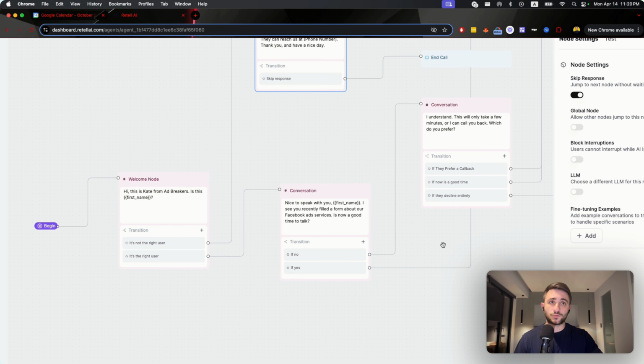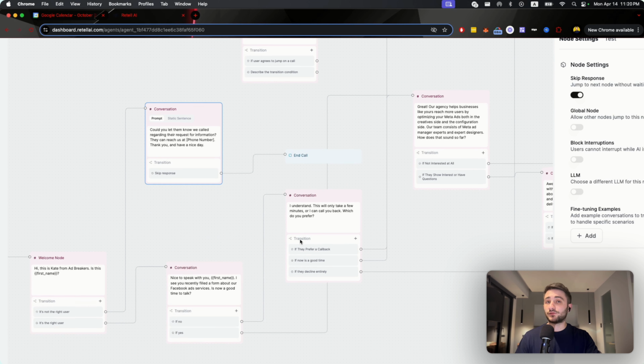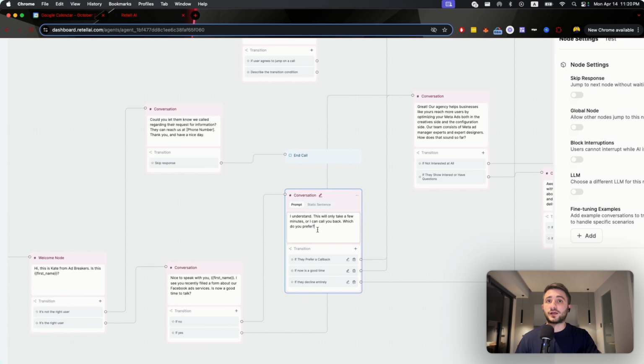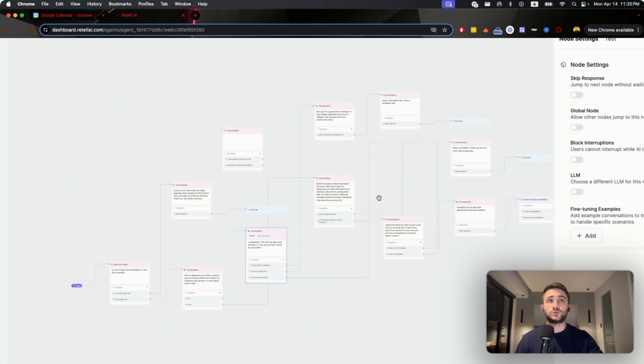So if yes, we continue, and if no, we instruct it to say, understand, this will only take a few minutes, or I can call you back. Which do you prefer? So in this case, they might change their mind and say, okay, it's a good time now. They might prefer a callback, or they decline entirely. So if they decline entirely, we go to the end and say, okay, thank you for your time, and we end the call. If they prefer a callback,